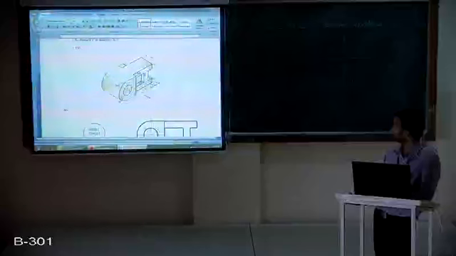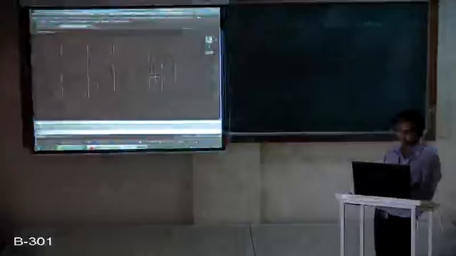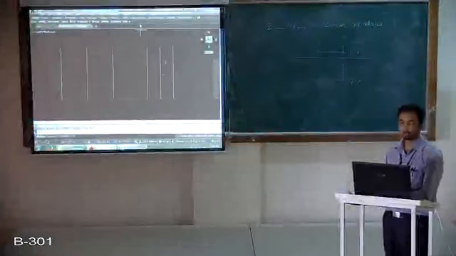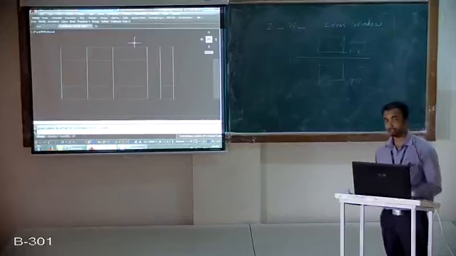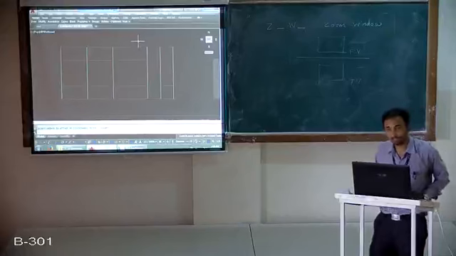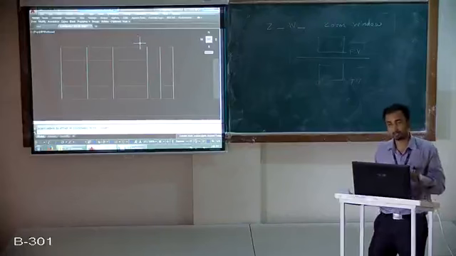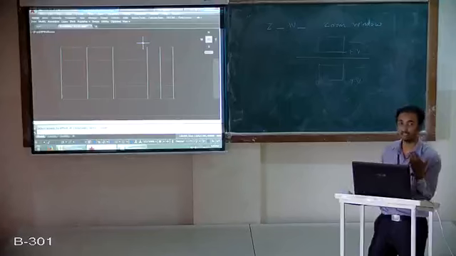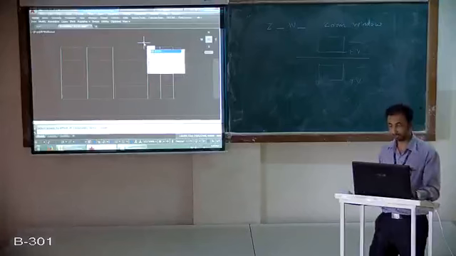So what we will do, we will use the trim command. Generally we use the trim command with a single space as well as a double space. In single space we first have to specify the boundary, then we select the portions to be deleted. But in double space we can directly click on the object to be erased. So I will use TR, which is the shortcut of the trim command, double space. Then I will just click on this portion which shows that here the pocket is throughout. Secondly, I will click here, then here and here. Similarly on the bottom side, here, here and here.